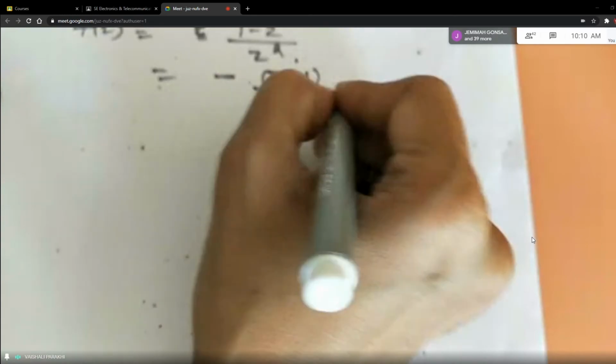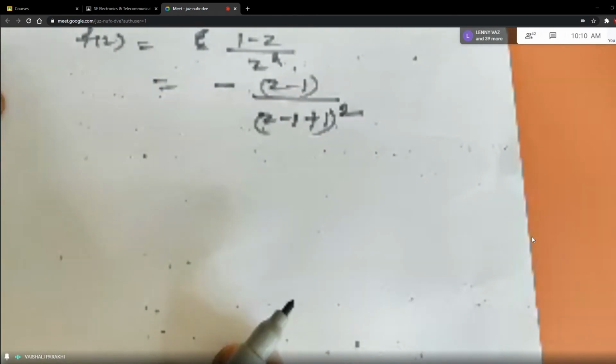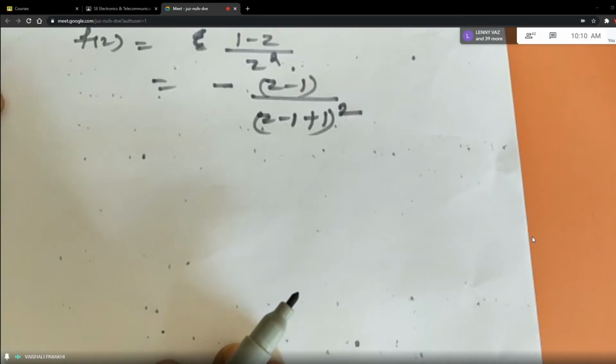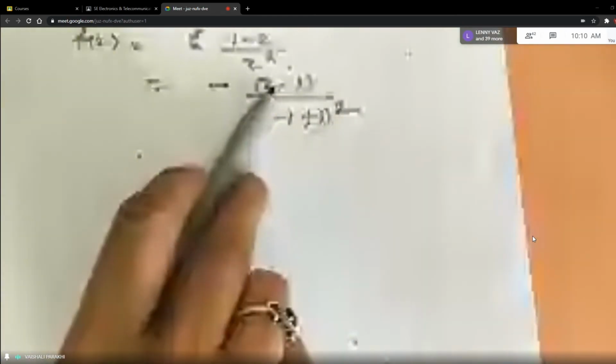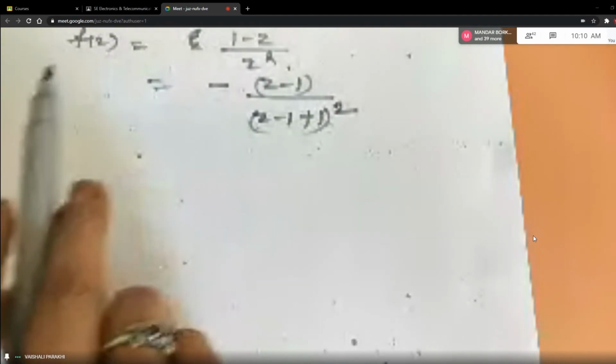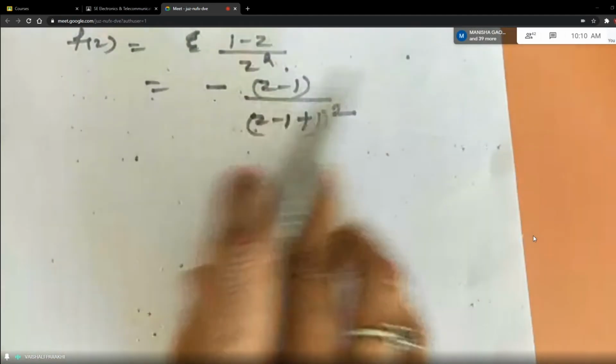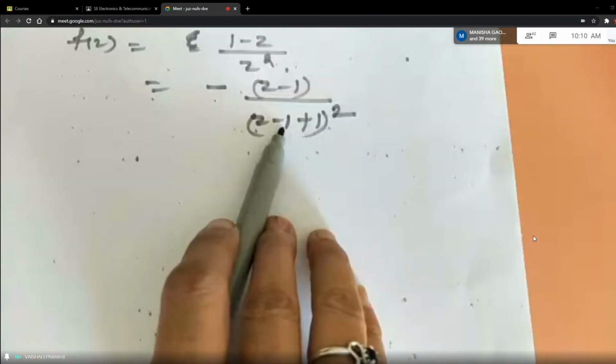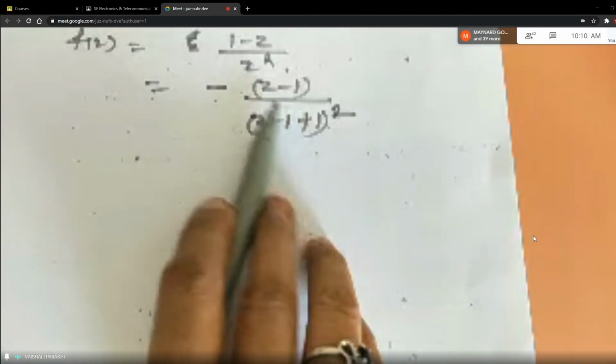And subtracting 1, adding in this z, carefully. What is the reason for doing this? Because I want to expand it in the power of z minus 1. So in place of 1 minus z, I'm writing z minus 1, and when I'm interchanging the terms, I have to take the minus sign out. Similarly, in the denominator, I'm subtracting 1 first and then adding 1, because I want z minus 1.